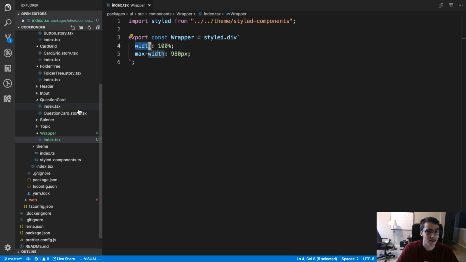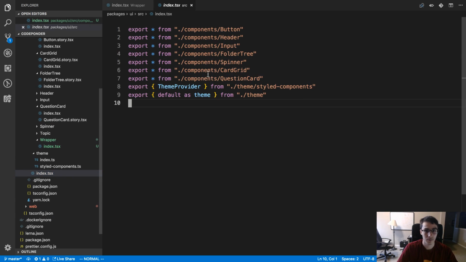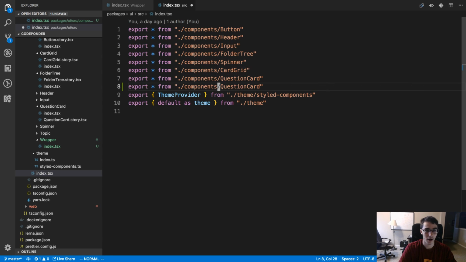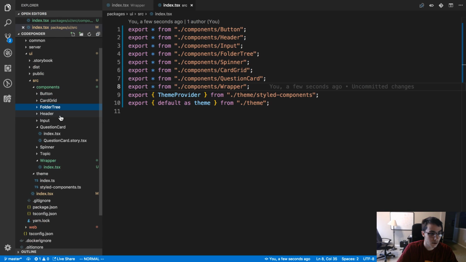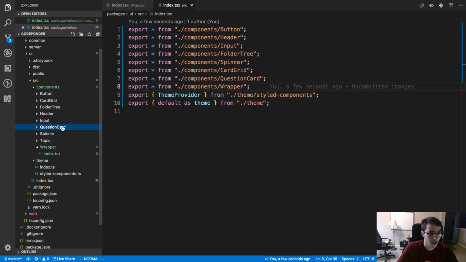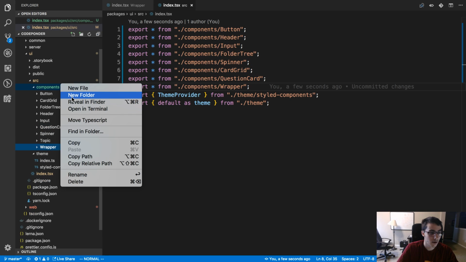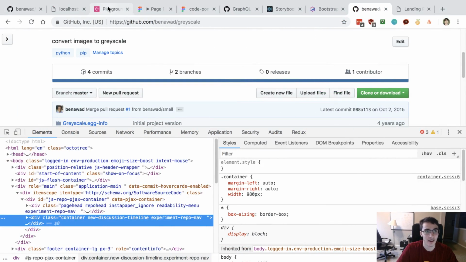I don't even think it's necessary that we create a story for this, because this is pretty basic, unless I do more complex wrapping. Alright, so we have a card grid, we have a question card. What should I call this thing?